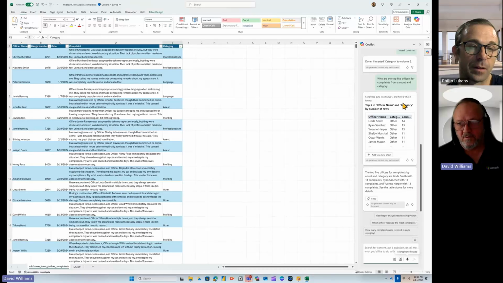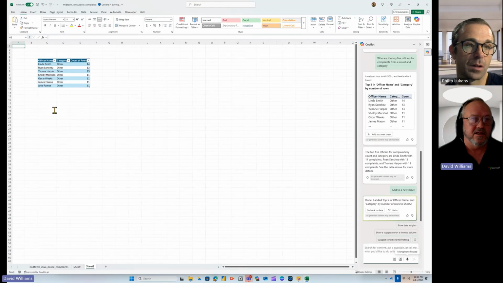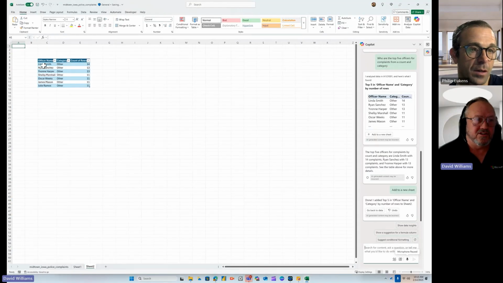So not total, but based on particular counts and categories. And it's kicked me out a list. It's actually gone a little beyond 5. But I'll add that to a new sheet, and let's just look at it real quick. So it's just saying that